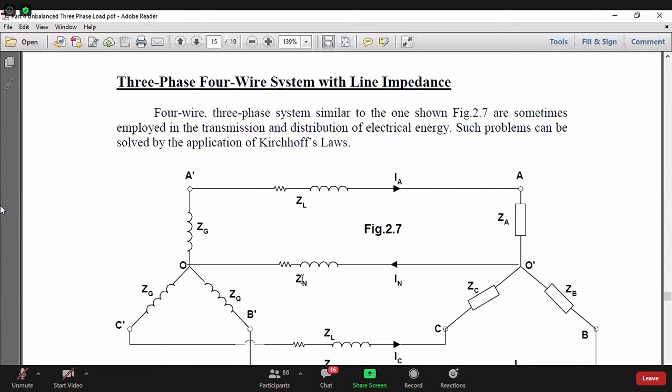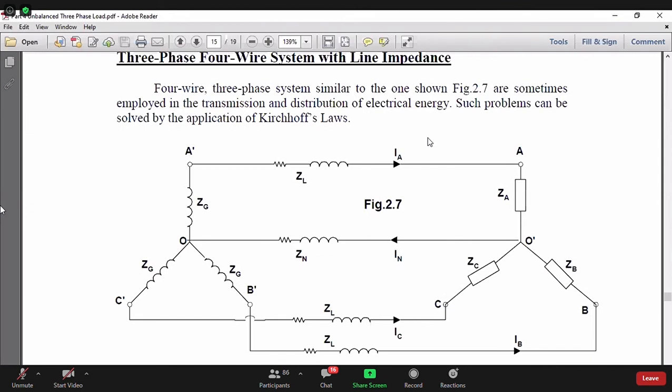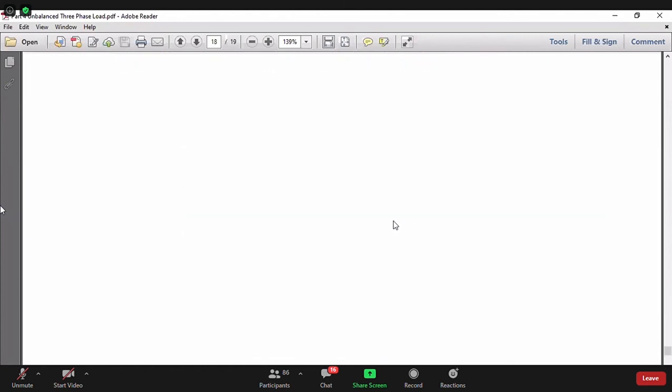So see, this is how even such a complicated problem we solve simply by applying Kirchhoff's voltage law and Kirchhoff's current law. If we understand these two laws very clearly, I can guarantee you that more than 95% of circuits you will be able to solve. So just be meticulous in the application of Kirchhoff's voltage law and current law. I think this is the end of the unbalanced one.